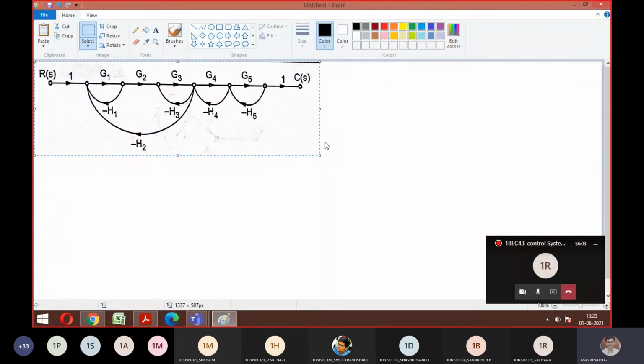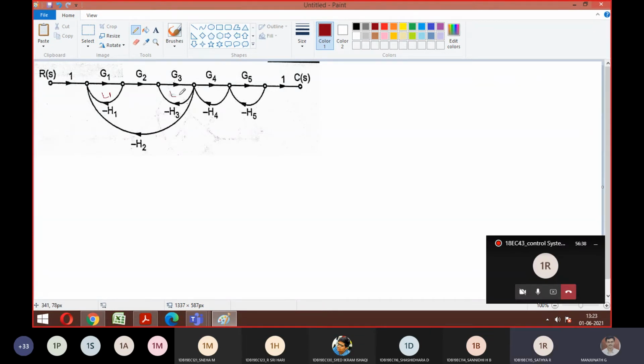So, to give a clear idea, what do non-touching loops mean? If there is no node common between 2 or more loops, such kind of loops you are supposed to call non-touching loops. So before that, let me trace the thing. What have you written? You have taken this as L1 here. Yes, sir. Okay, let me mark the things first. Then you tell me. So L1 you have taken this. Okay. Then this is L2 now.